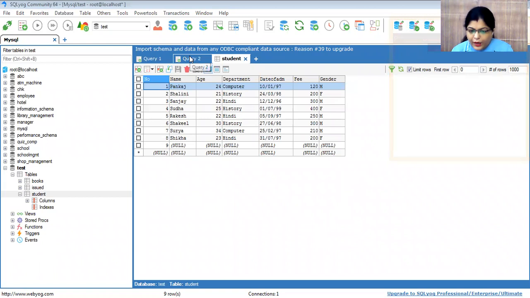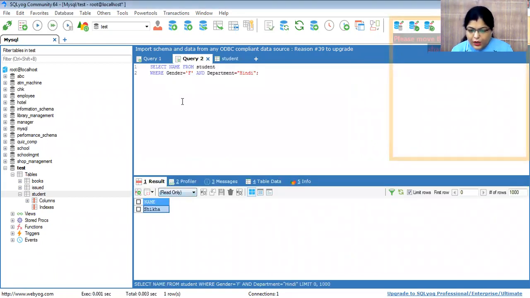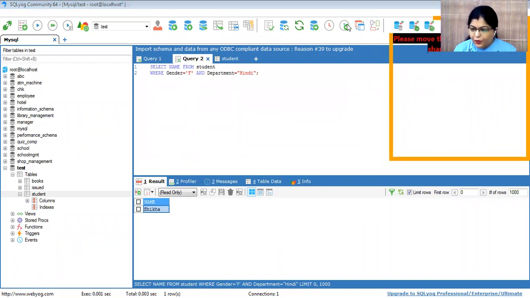So when I execute this query for a female, the output is Shikha. Okay, now we'll start with another.